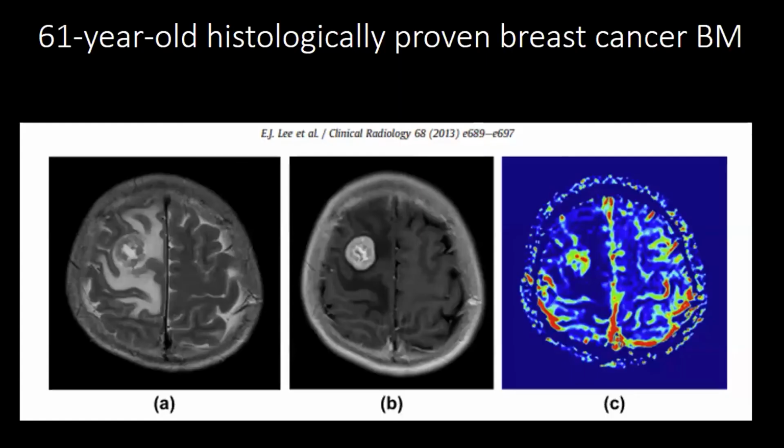What is the use of DSC? So we do know that you have increased blood supplies. This is a case from the literature of somebody with cancer who presented with symptoms and had histologically proven brain